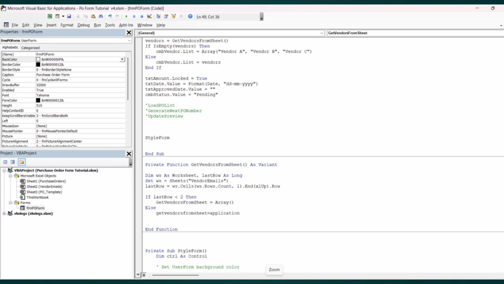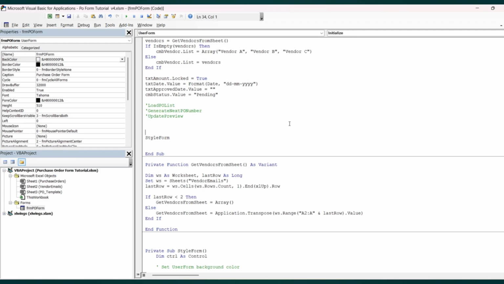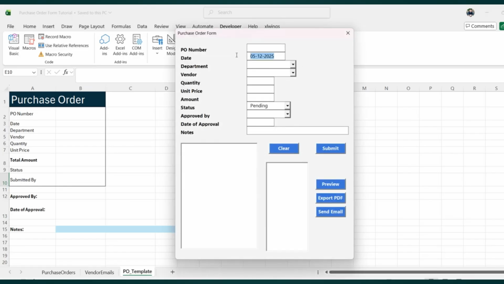Application.Transpose(ws.Range("A2:A" & lastRow).Value) End If. And now it should be working. Just to test what we just did, we set the date here and set the status to pending. We fill in the combo boxes,